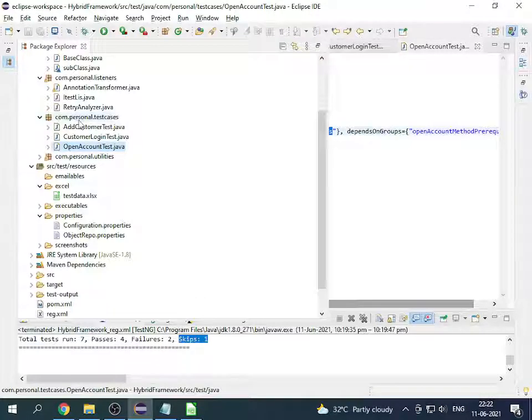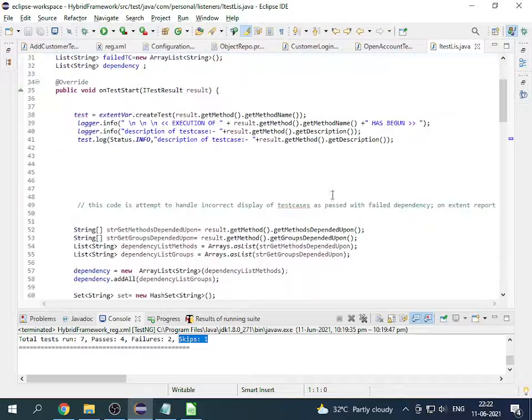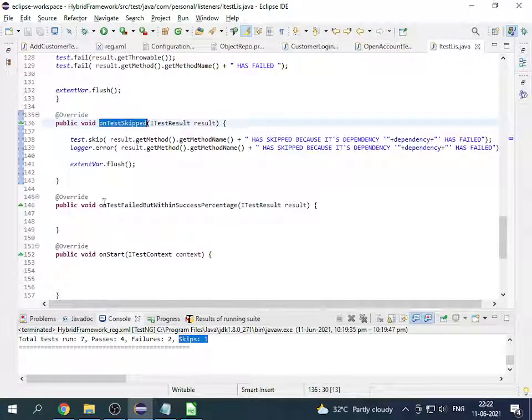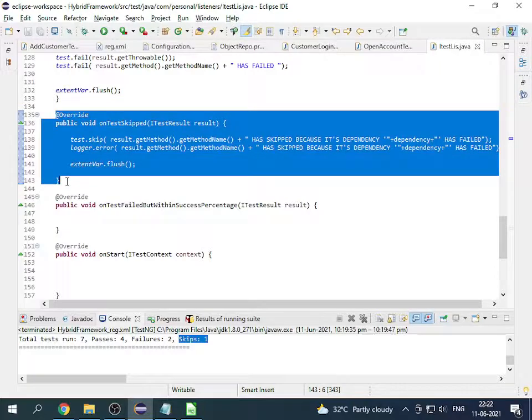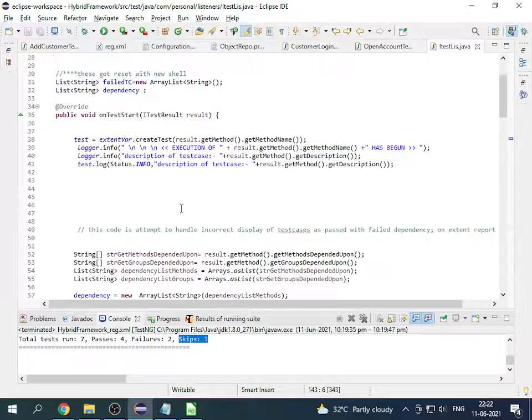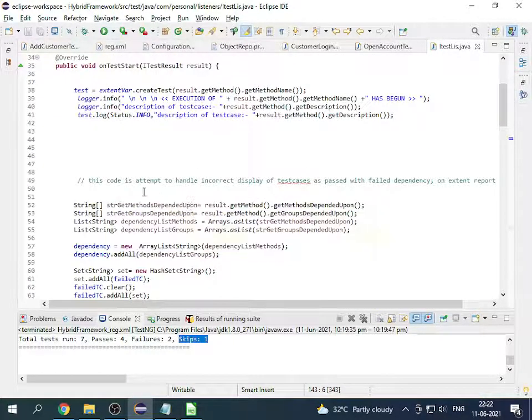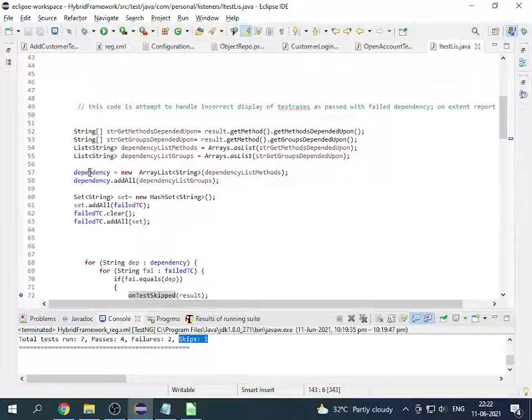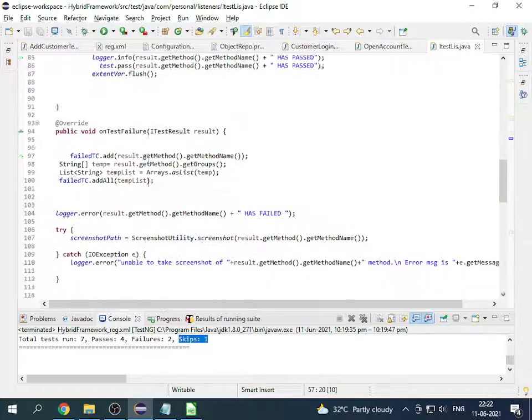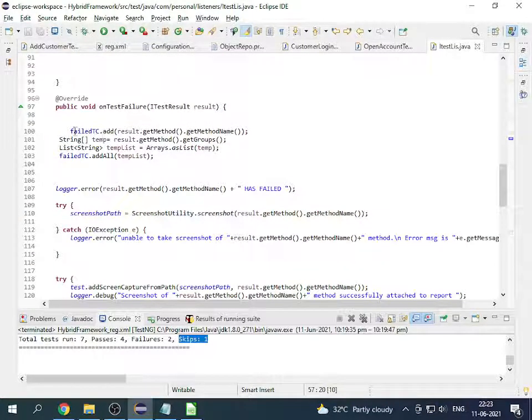So if we go to iTest listener, here I have written code to handle these kinds of exceptions. So what is happening in this code? It is checking, first of all, the test case when it failed. There is an array list. In the array list we are getting the name of the failed test case, and if the failed test case has any group name, like in this scenario,